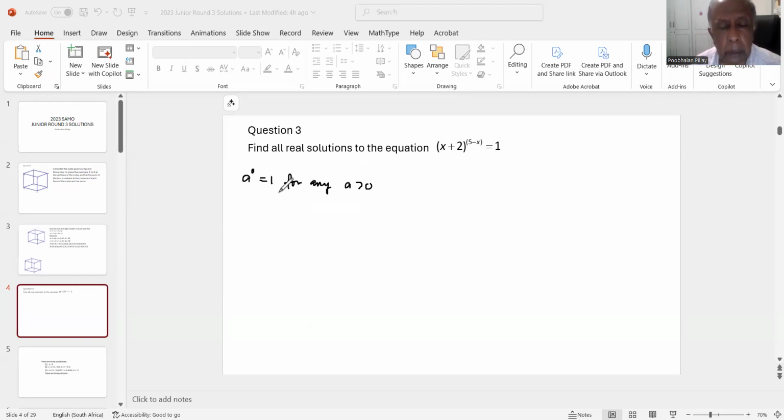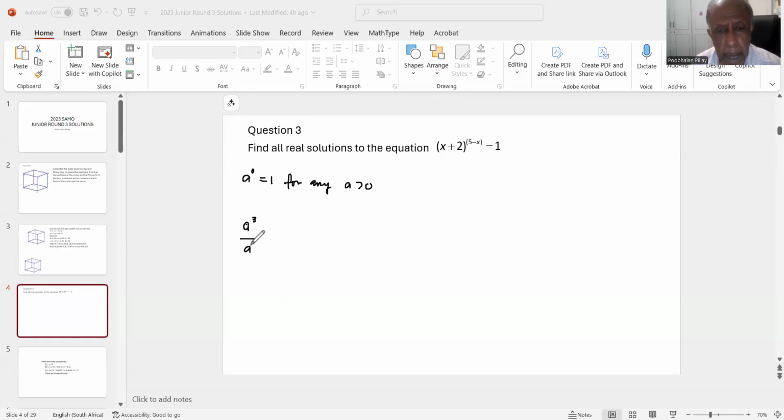Now, this is true. I don't know whether you have been exposed to indices, but any number raised to the power of 0 equals 1. And you'll say, but that has got no meaning. Actually, it has. If I just want to explain this, if you take, for instance, a cubed